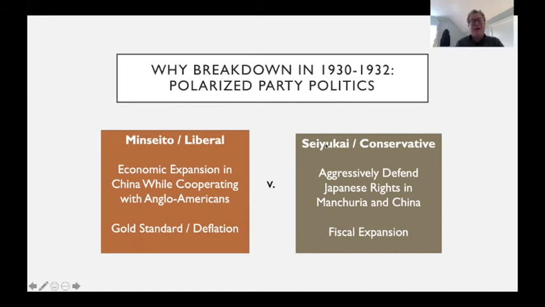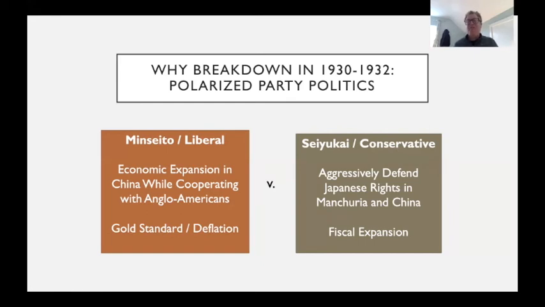You've heard their names over and over, but maybe it will help us make sense of this if we see that the Seiyukai party is regarded as the more conservative party and the Minseto is regarded as the more liberal party. Now, I think it's important to recognize here that liberal is used in the European sense, believing in free enterprise and a limited size of government and limited government regulation, that kind of liberal. So Japanese voters at this time had a choice between a liberal party and a conservative party, but they were